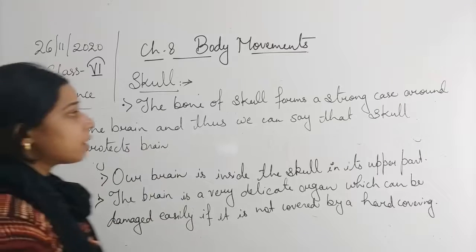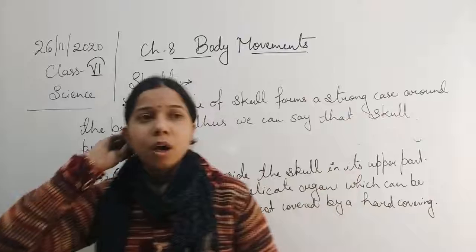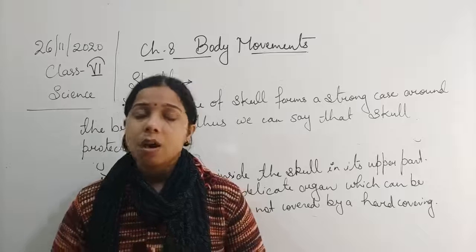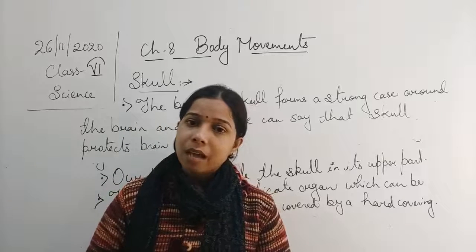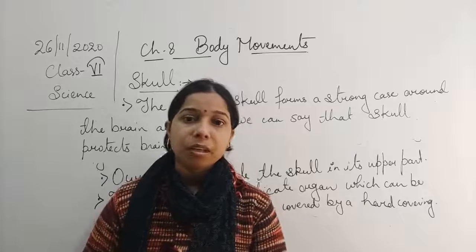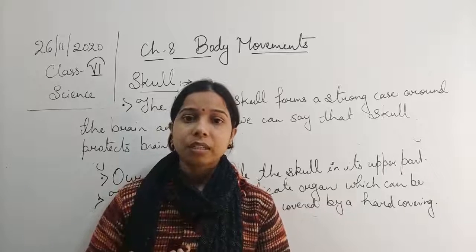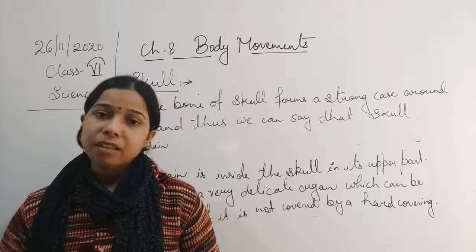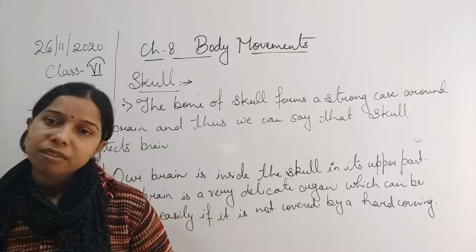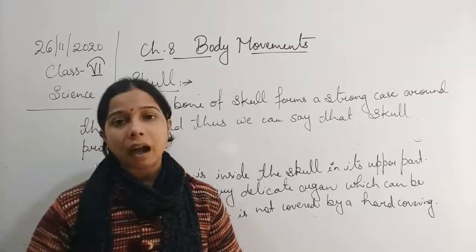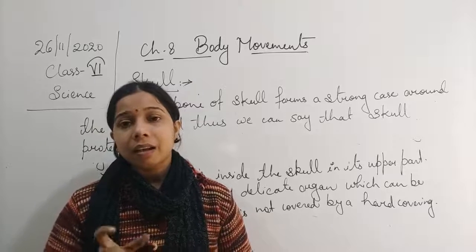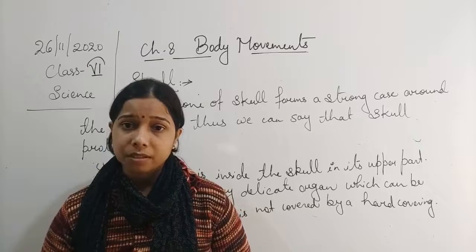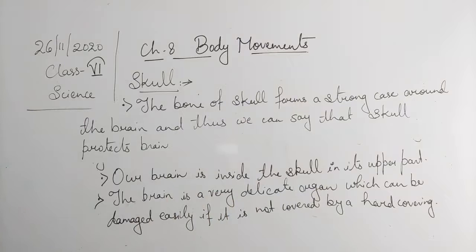Okay. So this is the skull which is present at the upper part. What about the lower part, students? The lower part consists of our face. Now the face has all the different types of sense organs, whether it is the tongue, the nose, our ears or our eyes. And if you look at the eyes, in the skull there are two large cavities known as the eye sockets. So we can write it.